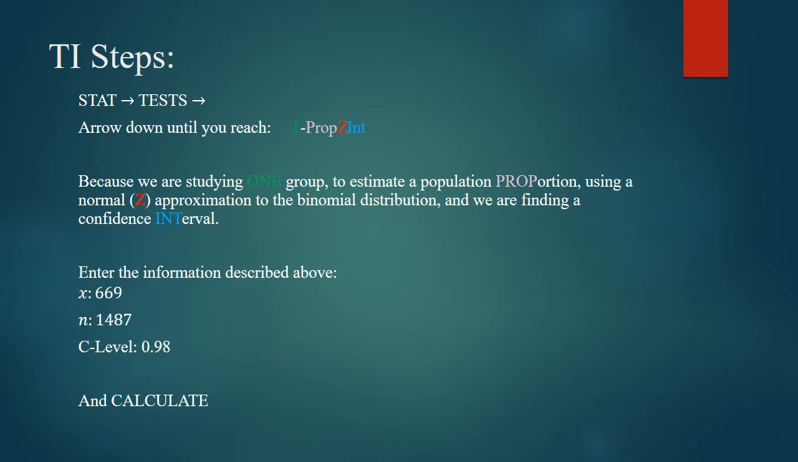Because it's a proportion, we have a binomial distribution, but we are using a normal or a Z distribution to approximate the binomial distribution. That's where the Z comes from. And we are trying to find a confidence interval. That's where the INT comes from. So, stat tests 1 proportion Z interval, hit enter, and then it will prompt you. Put in your X, put in your N, put in your C level. Some of the calculators say calculate, some of them say paste, whatever, highlight the calculate or the paste or enter, enter, enter, and